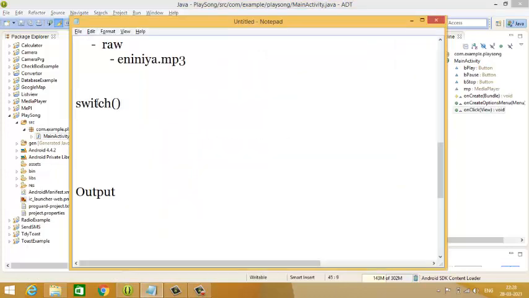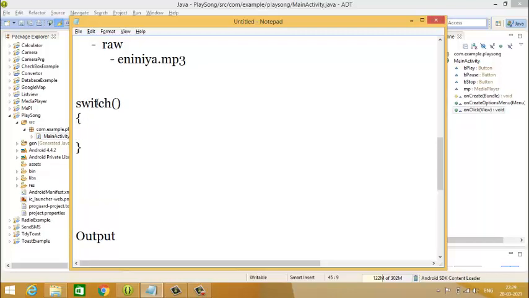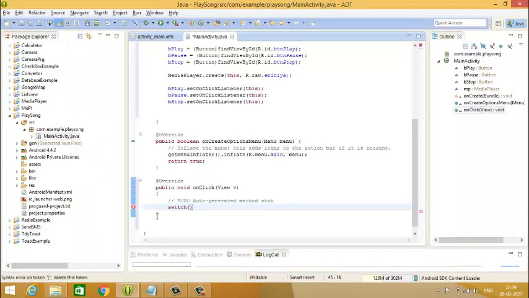We have 3 buttons. Depending on the button you click, the specific events will be activated. For that we are going to use switch case to make the work simpler. Switch, and in the brackets we take the expression as the id.